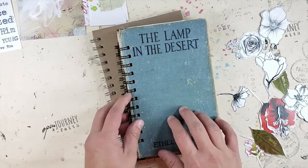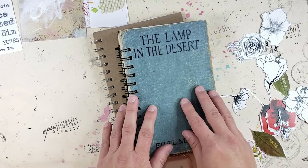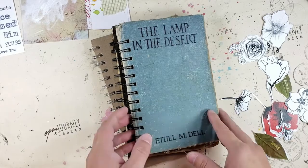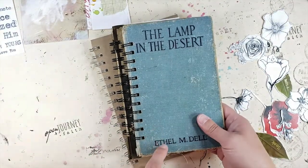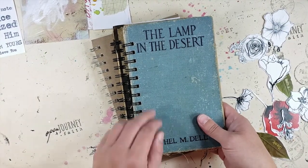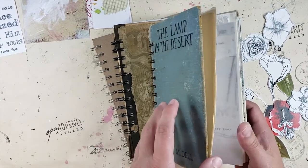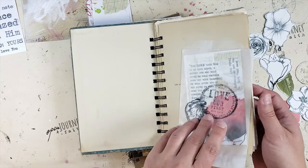So first I wanted to do this one. I got these books from a thrift store. I just collected them over time. I think I found this one a couple of years ago. It was so beautiful. The Lamp in the Desert. That's perfect for a name for Jesus, right? And inside,